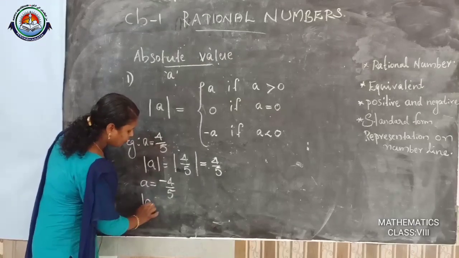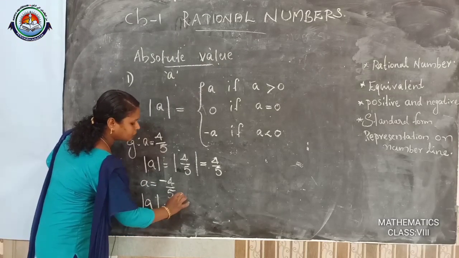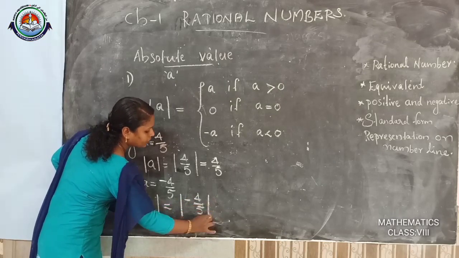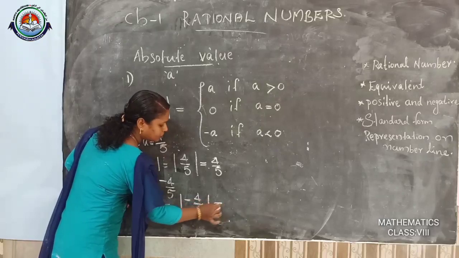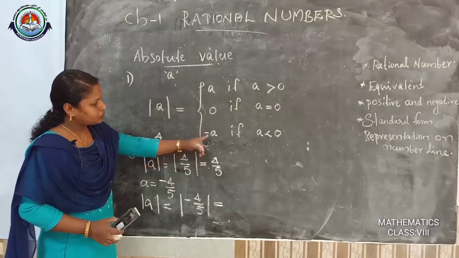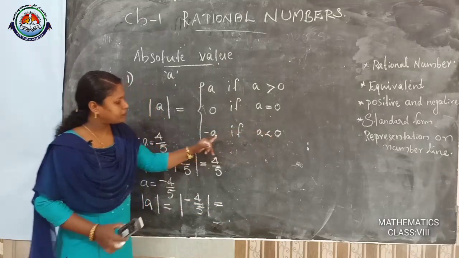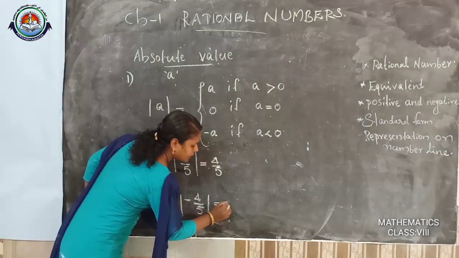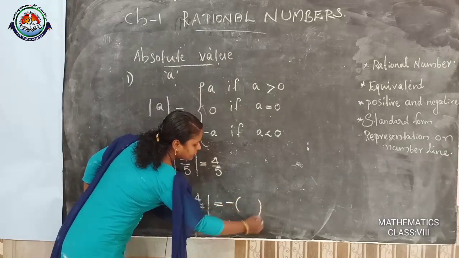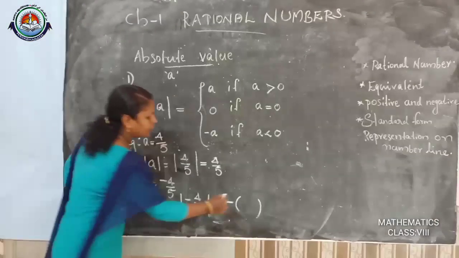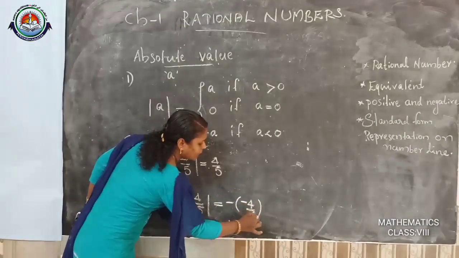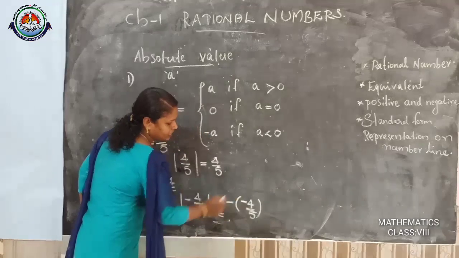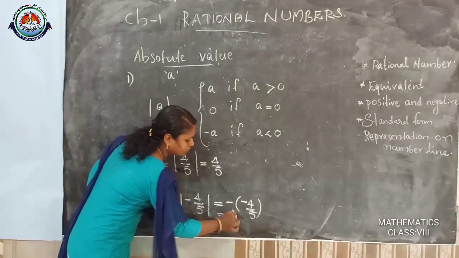Then absolute value of A equal to absolute value of negative 4 by 5, which is equal to, if A less than 0, absolute value is negative A. Therefore, one negative sign will be there, and our A is negative 4 by 5. Which is equal to, if two negative signs are coming together, it will be positive,